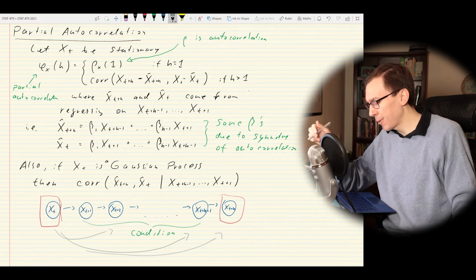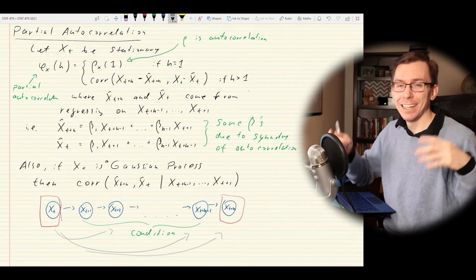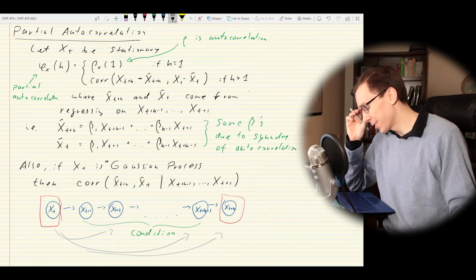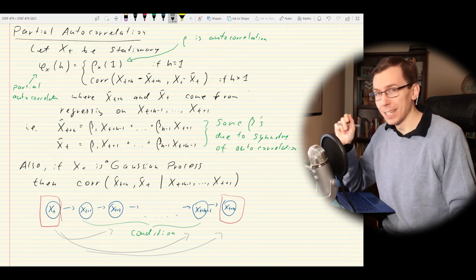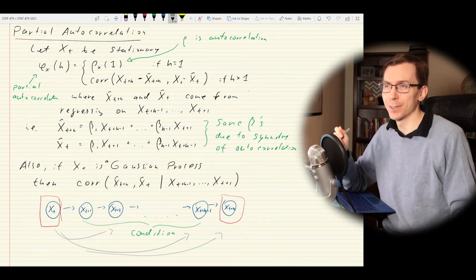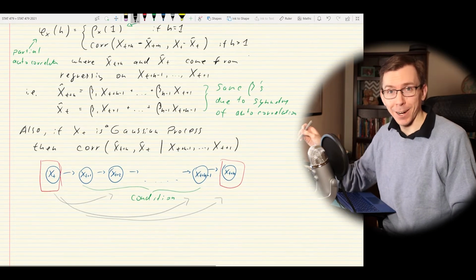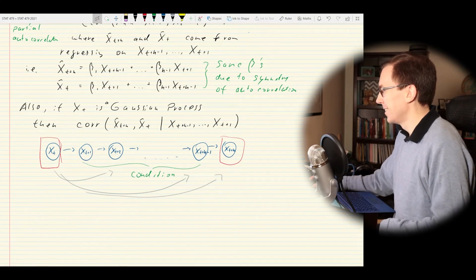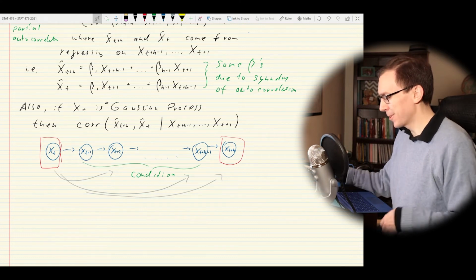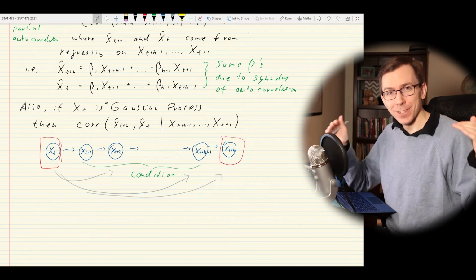And if we throw out those middle ones and there's no more arrows connecting xt to xt plus h, then our partial autocorrelation should go to 0. If there is a direct relationship between the two of them, we would not have a 0 partial autocorrelation. Right. I'm going to stop drawing arrows now, and let's try to get into some more detail. So the first thing we're going to do now is go back to just autocorrelation. So now I've introduced the idea of partial